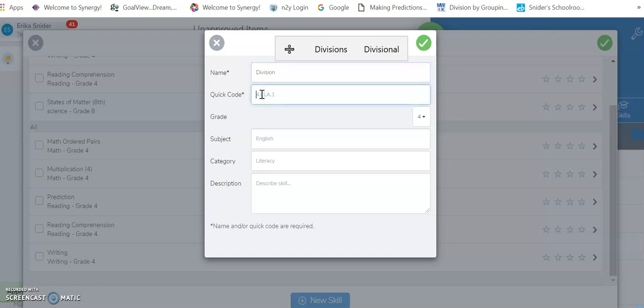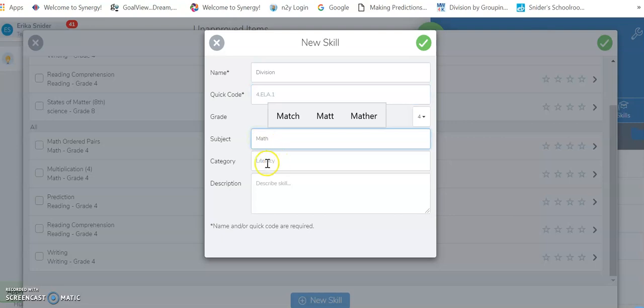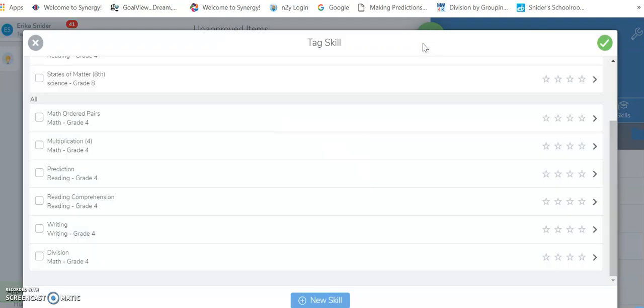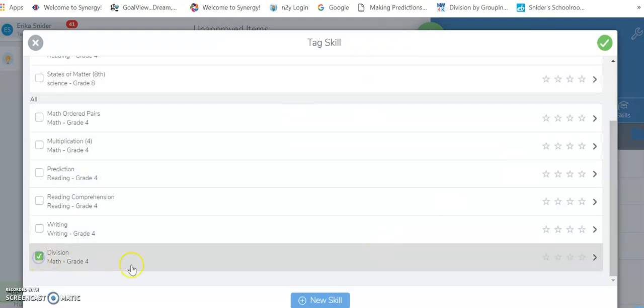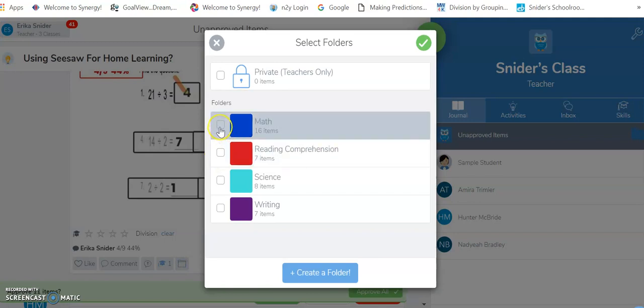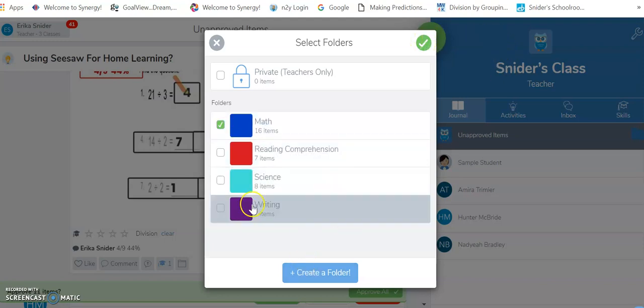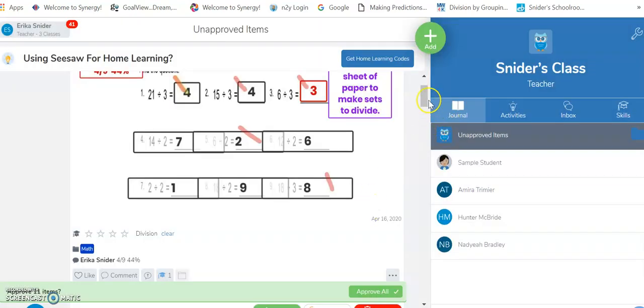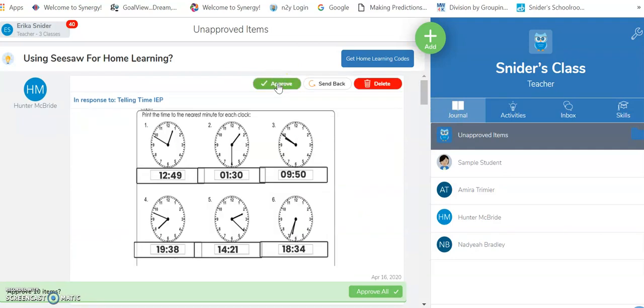and if you know your standards, you can put those in there. You can select the grade level. This is math, and this category again is division facts. And you can add whatever information. So then you click the green arrow, and then once I come in here, now I know that skill is division. I'll click the arrow, and then when I'm done, because I organize my students by folder, their work by folder, and so for this young man, I will put this assignment in the math folder, and you create them for whatever you need. Okay, so once I get done with that, then I have to go in here and approve. Okay,